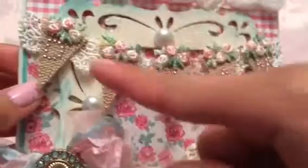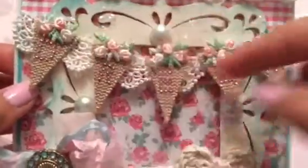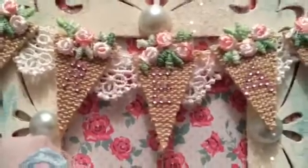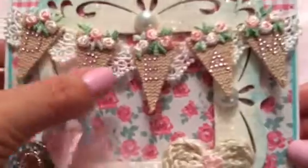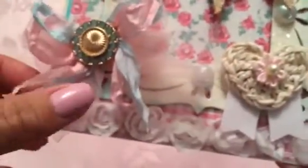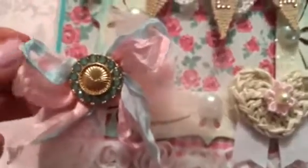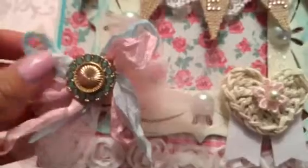from Recollections, and then I just adhered some of this flower type of trim to the top, and I just love how it gave it kind of a shabbier look. Then I just put the word dream on it. I just love that. It's so cute. Then I made a tulle bow, and then I layered some pink and blue seam binding